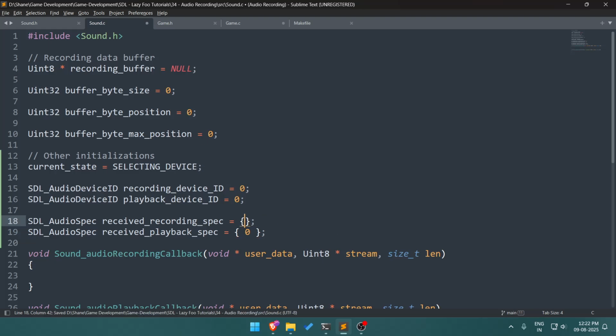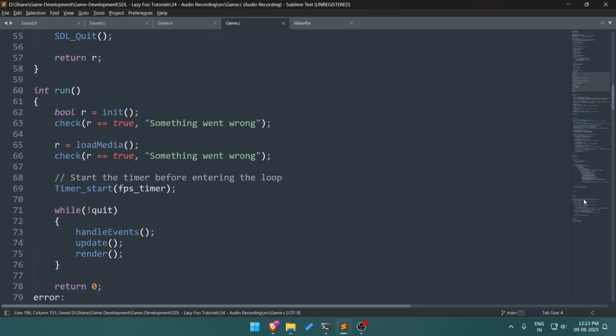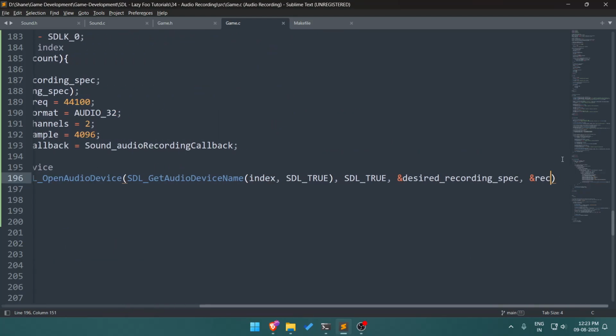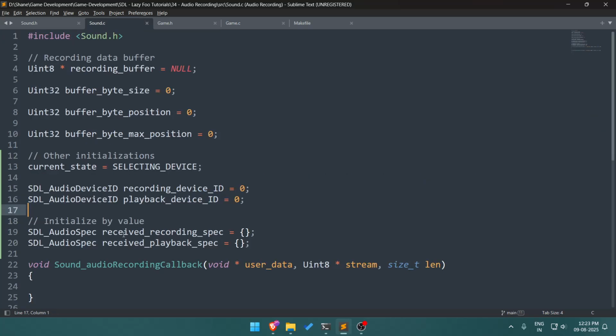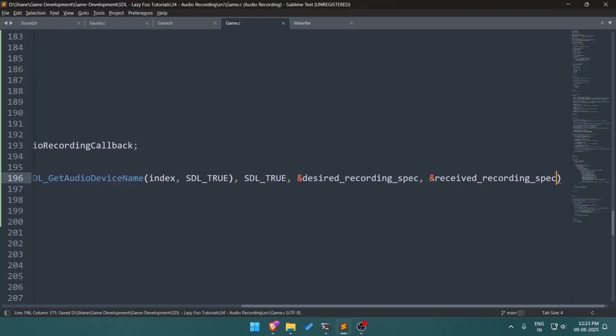Okay, I think this means value initialized. Okay, so this is initialized by value. Okay, then we pass in this receiving or received recording spec. Okay, received recording spec,